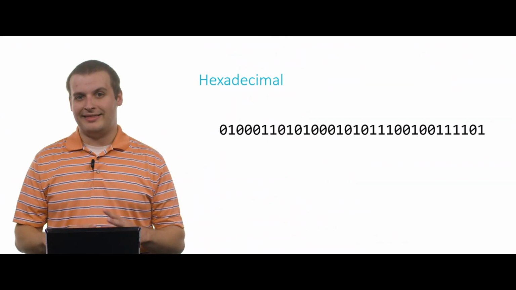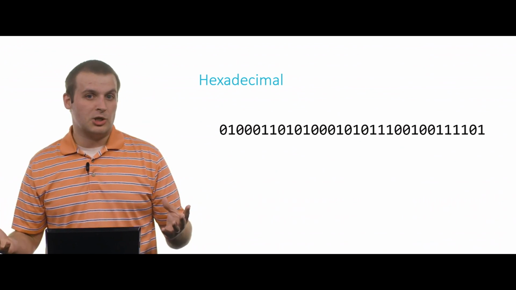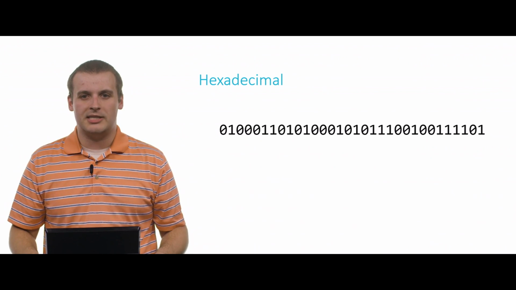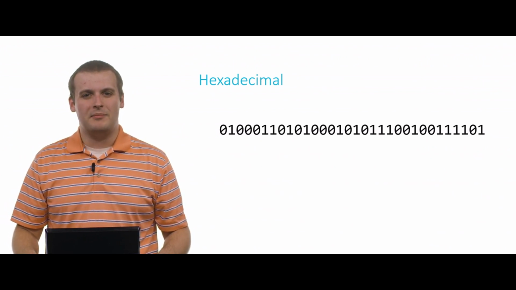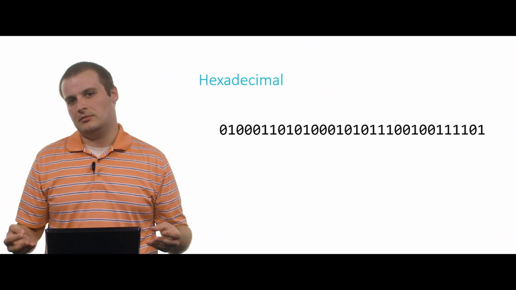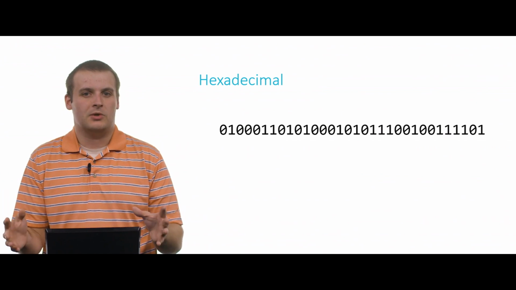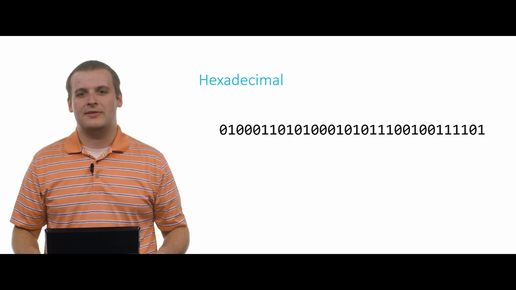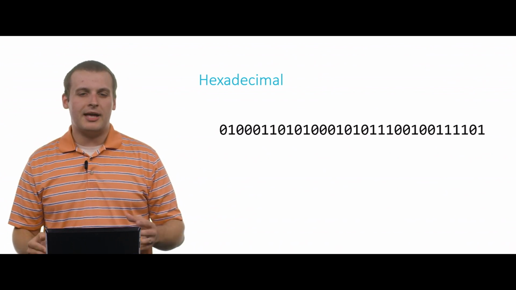So if we have a number like this really large binary number, or what appears to be a large binary number, and the only reason I say that is because it's a behemoth, right? There are just so many zeros and ones there. But we probably don't have a sense of what the magnitude of this number really is. We don't have any idea what it would correspond to in decimal, and in fact, we won't even see what it corresponds to in decimal right now. But we might be able to express this in a way that would give us more information about just how big this number is. So let's go through that conversion process.